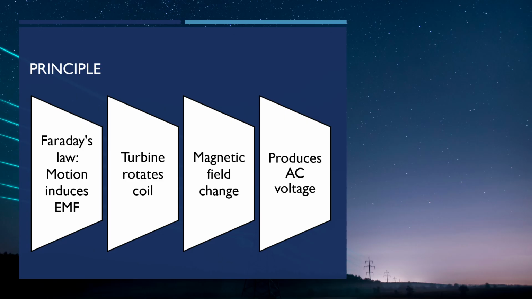A primary mechanical force provided by a turbine spins a giant coil of wire within a stationary magnetic field, or vice versa. This relative motion creates a constant change in the magnetic flux, which in turn produces the induced EMF. Because the rotor is spinning, the magnetic flux through the coil continuously reverses direction, which is why the generator naturally produces alternating current, AC, voltage.